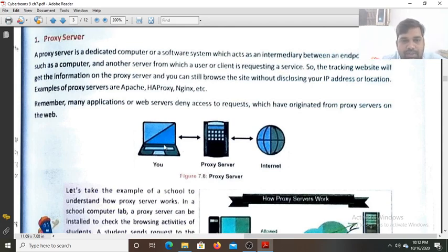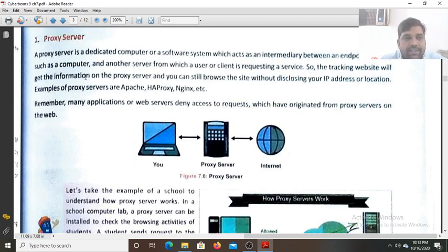Here you can see you are using a laptop. With the help of the laptop you are sending the request for a web page. Now your request with your IP address is sent to the proxy server. The proxy server will attach its own IP address and send the same request to the internet server. Now the internet server will receive the IP address of this proxy server. So directly they cannot communicate. That website will store the IP address of this proxy server. Now if they send any messages, those will be given to the proxy server, which will forward them to your laptop. That is the proxy server.